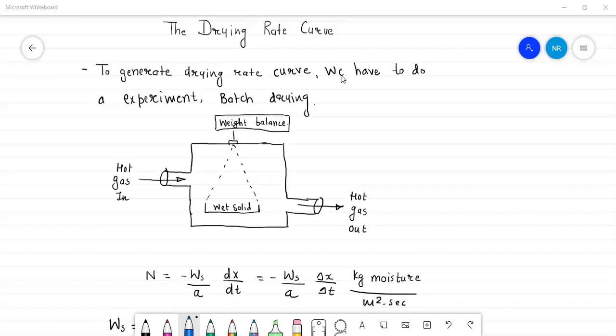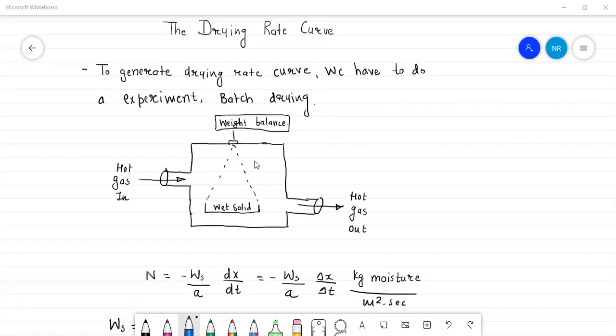For doing the experiments, we have one setup. The setup is a batch dryer. We have one closed container. In the closed container, we have a continuous input of the gas, then continuous output of that hot gas, and we have one pan, and in that pan we put the wet solid, and the pan hangs and is joined to one weight